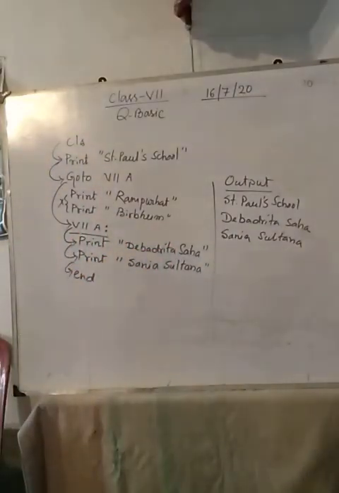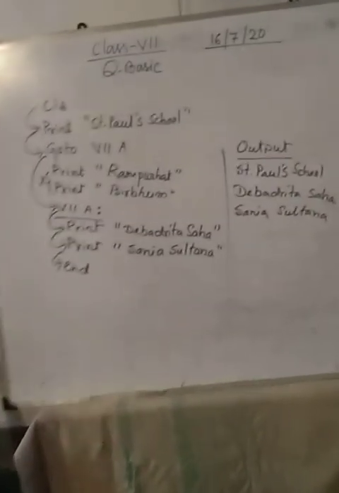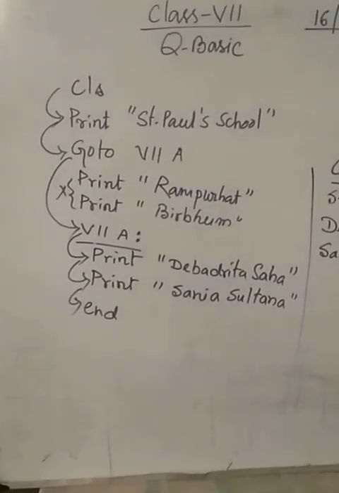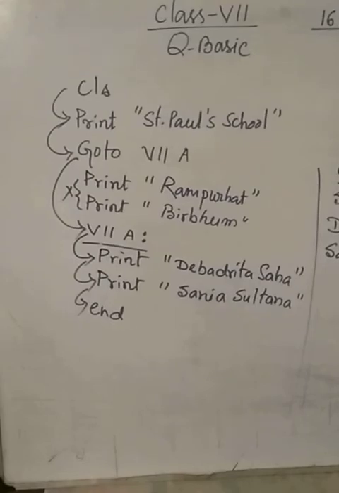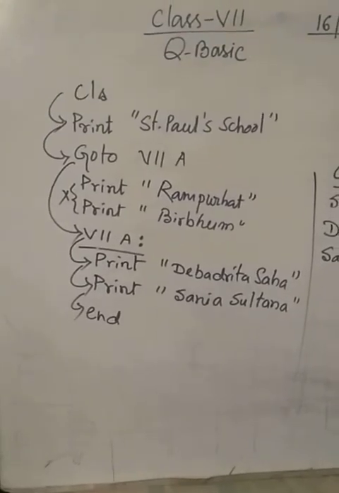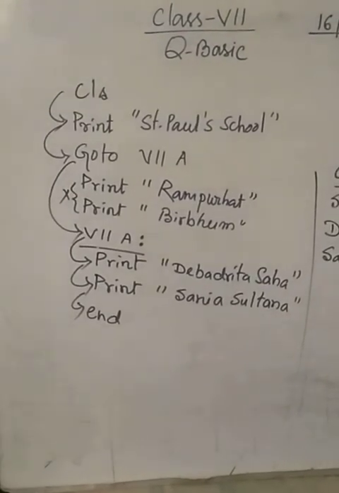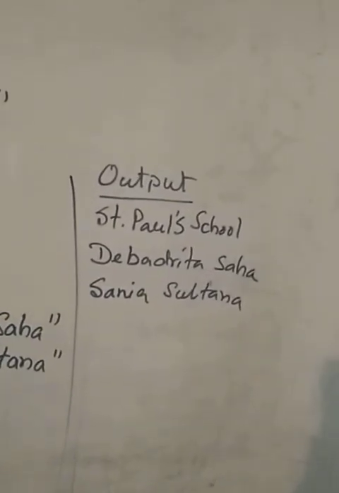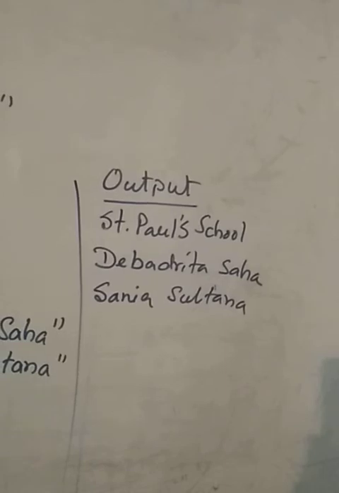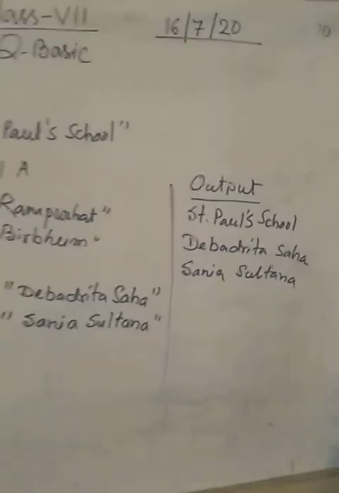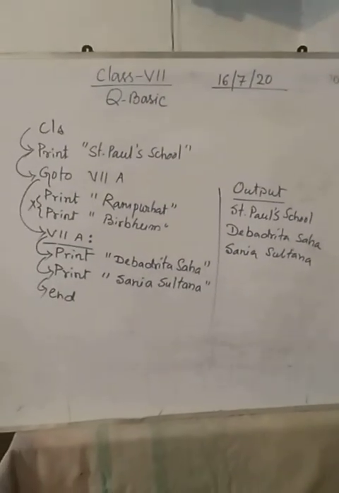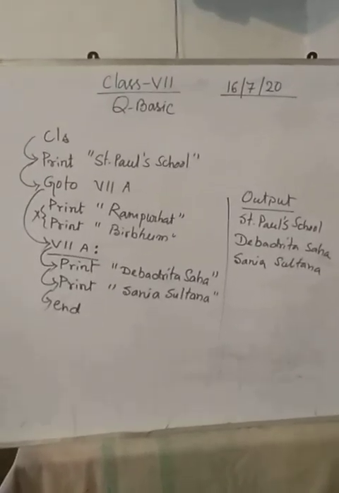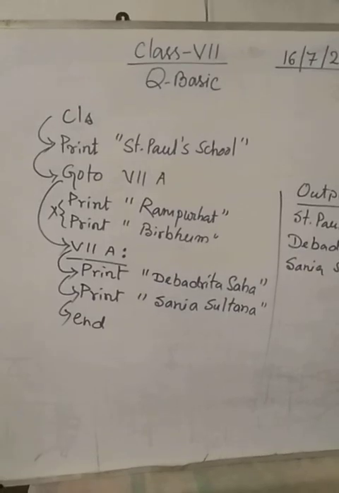I am showing you closer how I have done the program. Just follow it. This is the program. Everything I have mentioned with the arrow, and this is the output. You can see the output also. Regarding that program, this is the output. I hope you understood these things. Once again I am saying, you will write the program properly.